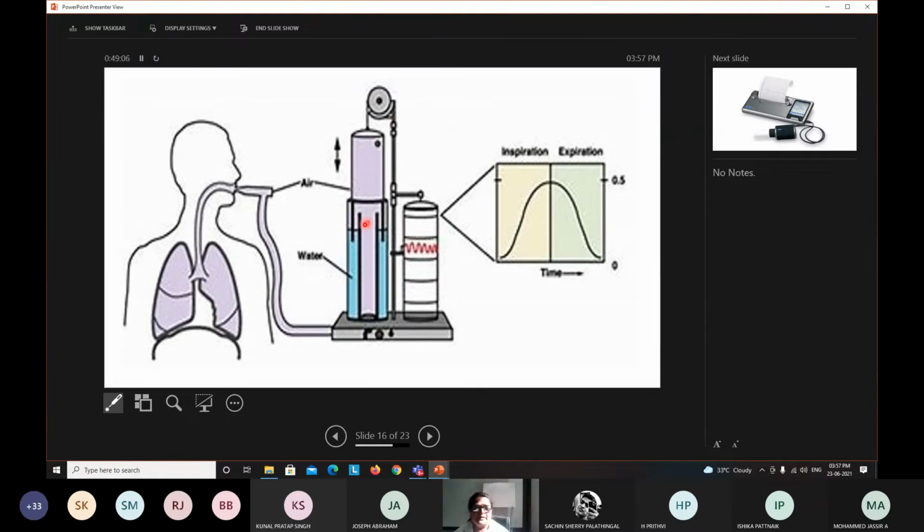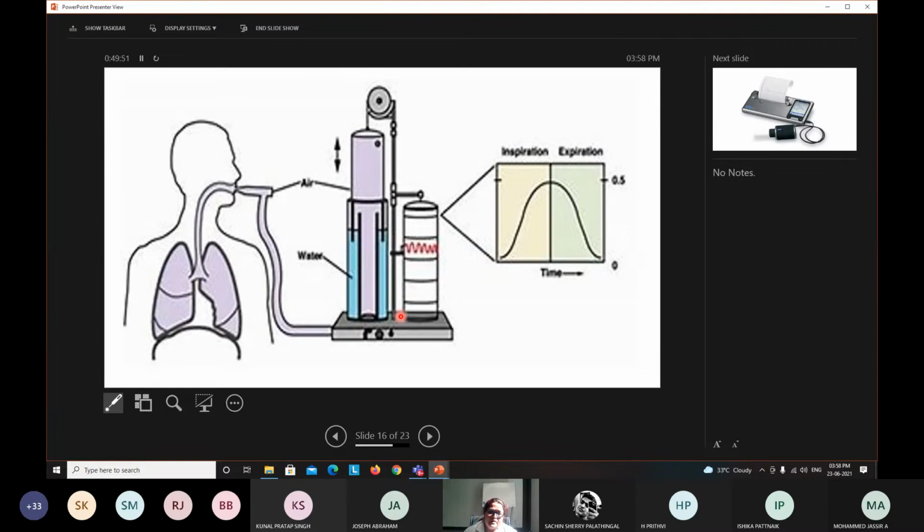So here what happens is this outer cylinder and inner cylinder have a space which is filled with water, and also soda lime is used, which helps in absorption of the carbon dioxide which is there in exhaled air. That has to be absorbed, so that the person is continuously breathing through the apparatus, he should not take back his carbon dioxide. So that is absorbed by the soda lime which is added here, and this bell freely moves in the space in the water. Okay, so frictionless movement, smooth movement happens here.